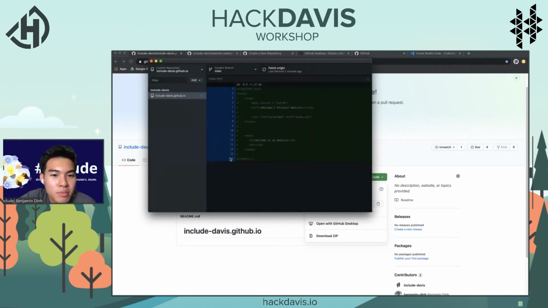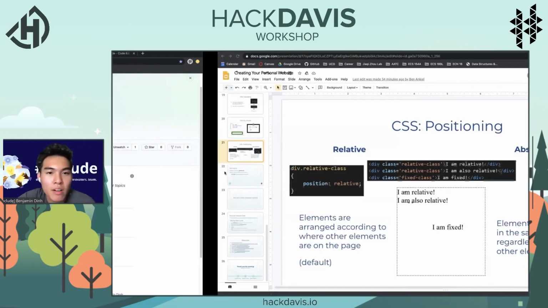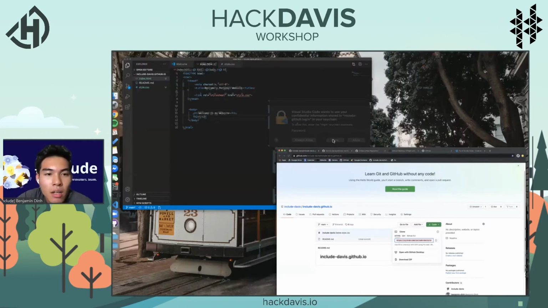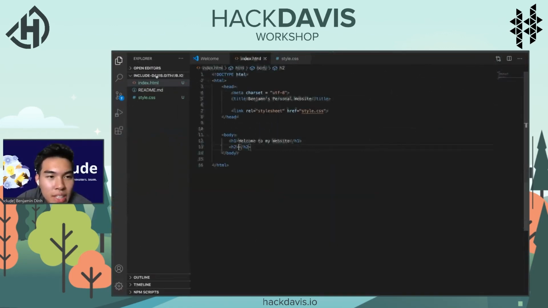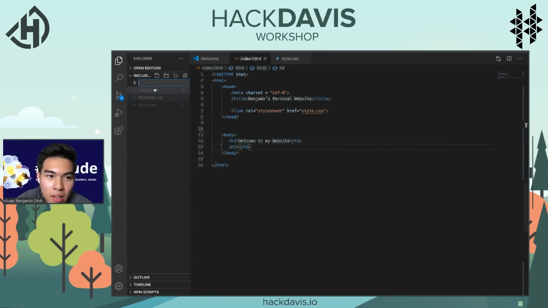Okay, since everyone is there, we'll open in Visual Studio Code. Right now, you may not have any files. You have this tiny little button right here, or you can just right-click, New File. And make sure you have .html at the end of it to signify an HTML file, and .css to signify